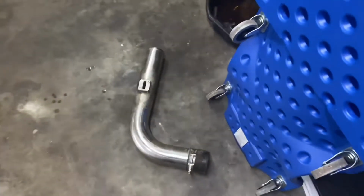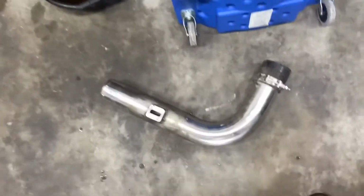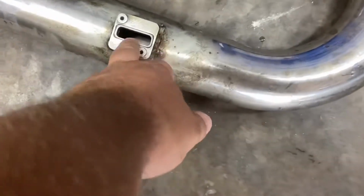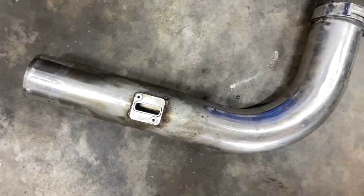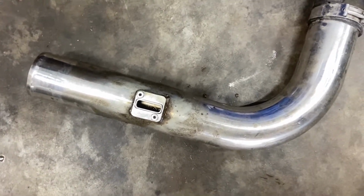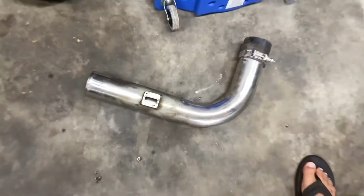So what I had leaking, now in the beginning when I did this, I had a mass airflow meter, and now with the Pimp XS, it's speed density, so it doesn't have a mass air meter anymore. What it has now is speed density. So speed density does not use a mass air meter, so instead of buying a new pipe, which you can do for about $40,